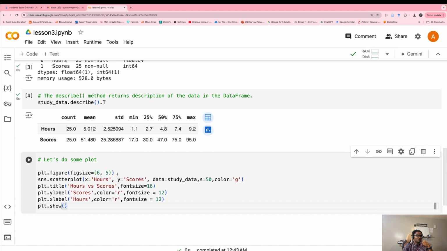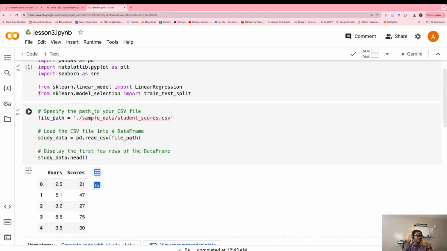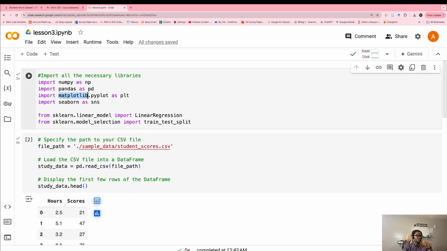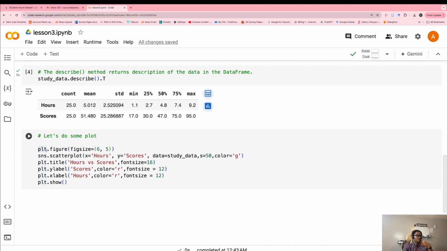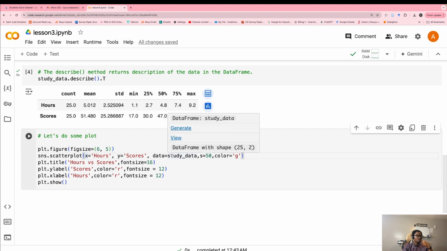This plot is coming from matplotlib. So just write this exactly: plot figure. What we are plotting here is our study data, because we want to see how the hours and the score relate to each other. Then just say plot.show.